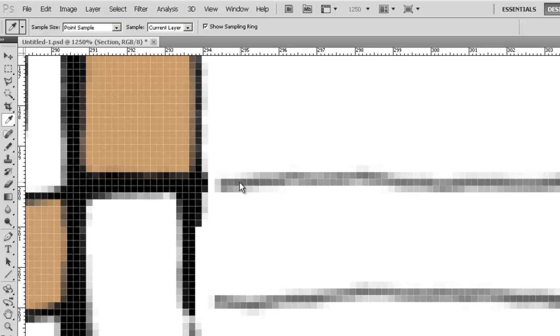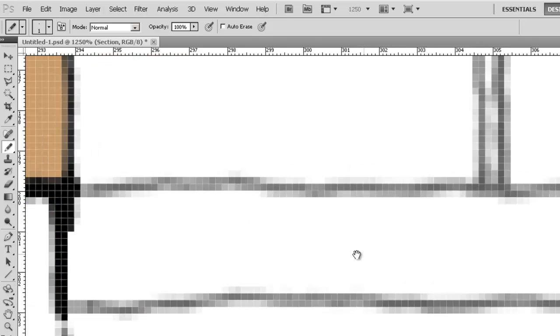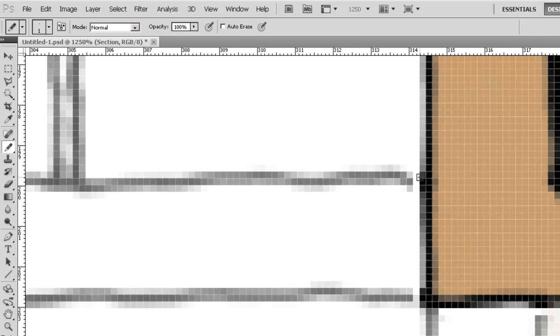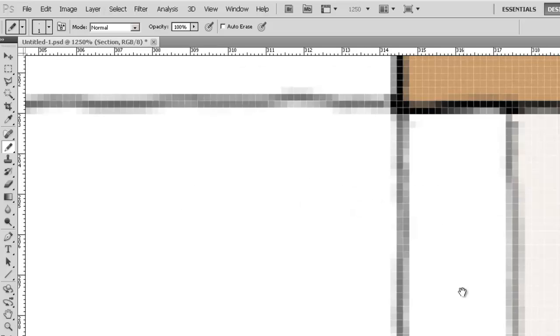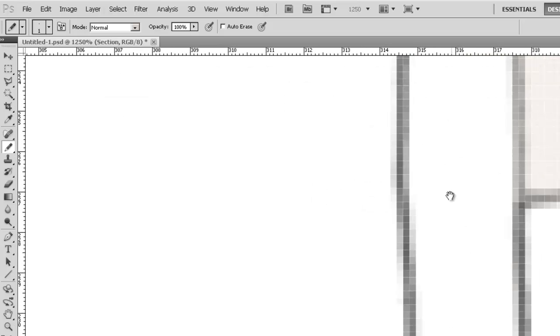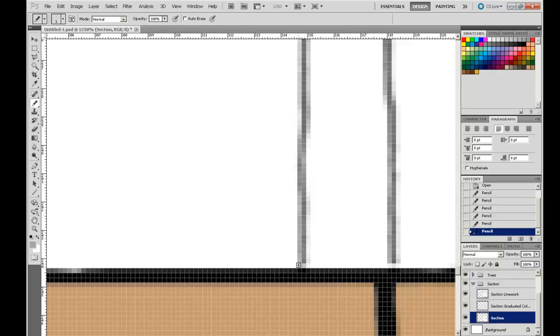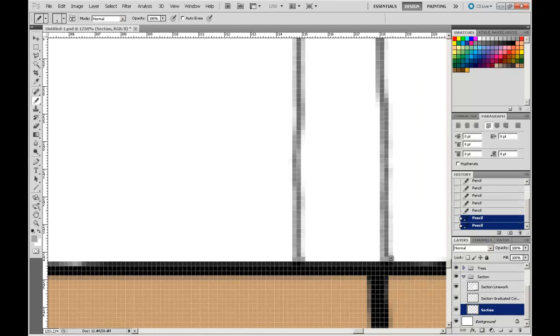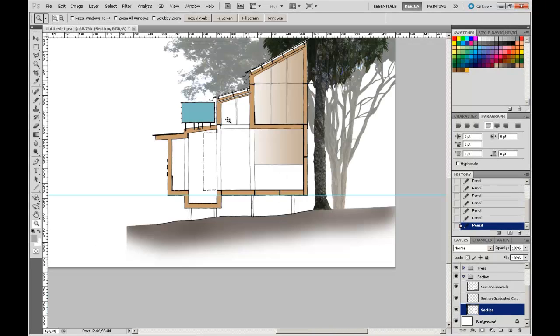Now in fact before I do that I'm going to select a colour similar to that, use the pencil tool and just plug the gaps through there. Use my space bar to scroll across, plugging that gap, plugging that gap, plugging that one. I'm going to space bar again all the way down the bottom, and there we go, plugging all the gaps. Okay, so that's pretty good